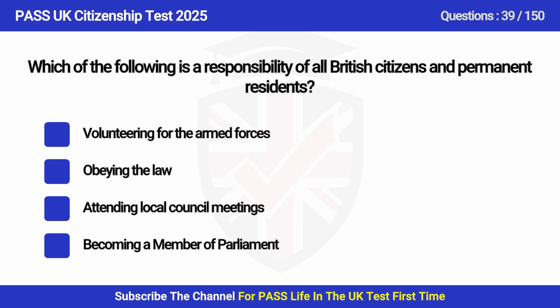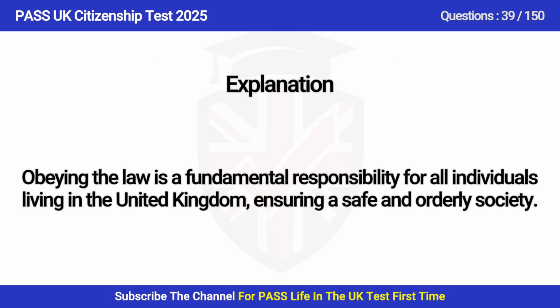Question 39. Which of the following is a responsibility of all British citizens and permanent residents? A. Volunteering for the armed forces. B. Obeying the law. C. Attending local council meetings. D. Becoming a member of Parliament. Answer is B. Obeying the law. Obeying the law is a fundamental responsibility for all individuals living in the United Kingdom, ensuring a safe and orderly